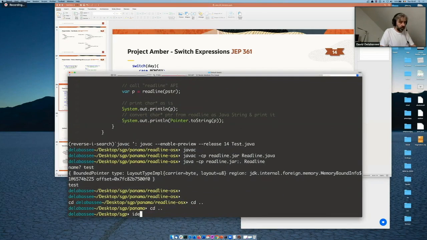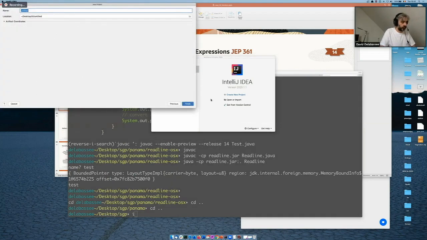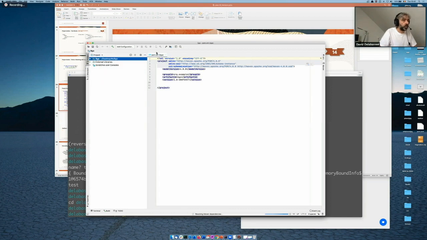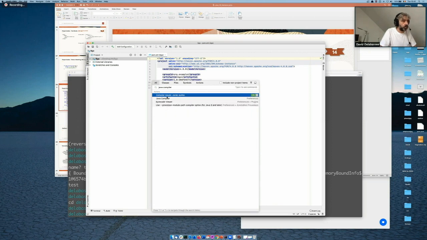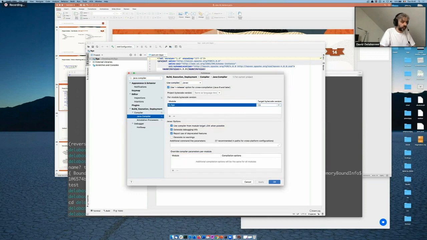So let's see. IntelliJ is already started. I'm going to very quickly create a new project. I need to configure my compiler because, I don't know why, by default it generates Java 5 bytecode.